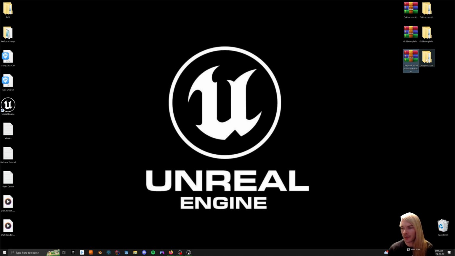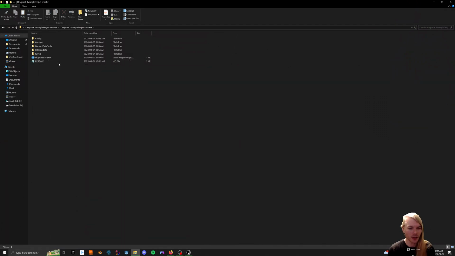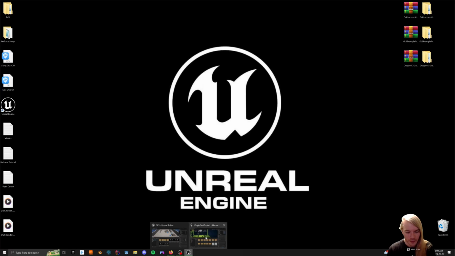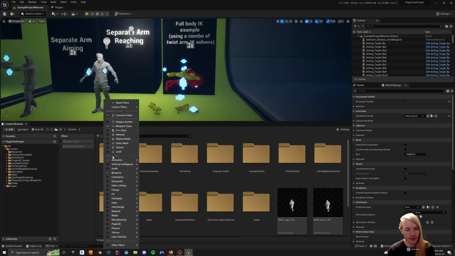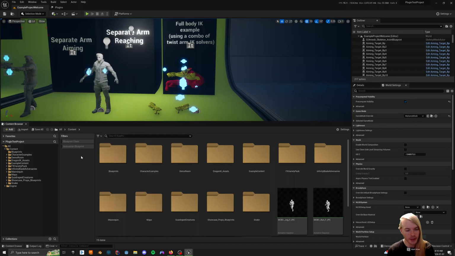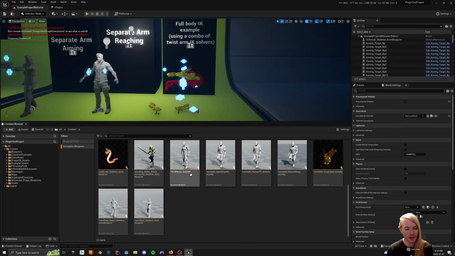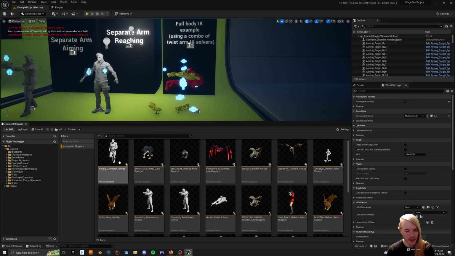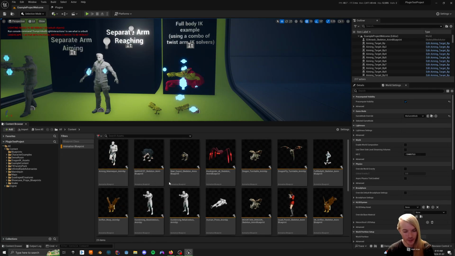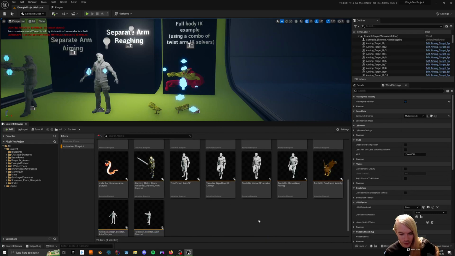So yeah, I've downloaded it off of the marketplace link and then just unzipped it. And then once you unzip it, you can open it and build it in whatever engine you want. I've chosen 5.3. That opens to here. Then I recommend you select this little filter thingy, choose animation, go to animation blueprint, and then you can select all the animation blueprints that are examples. Tons of different examples in here that show off lots of really great stuff, like the aim solver and stuff like that, which we'll go over in the following video that I'm doing after this one. But for this one, I'm just going to look for, I believe,